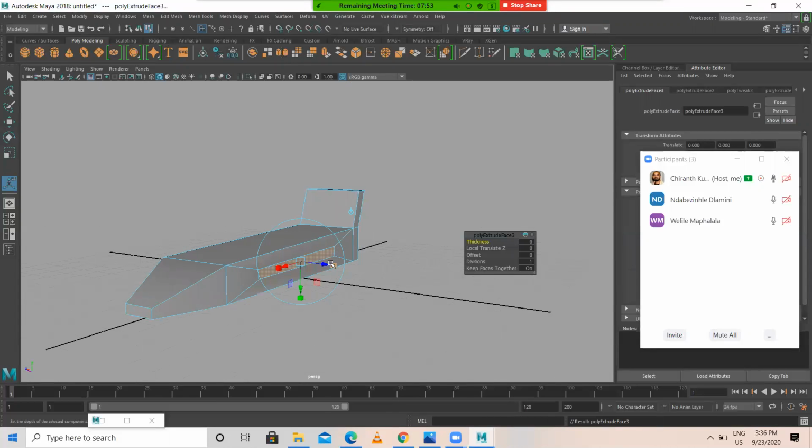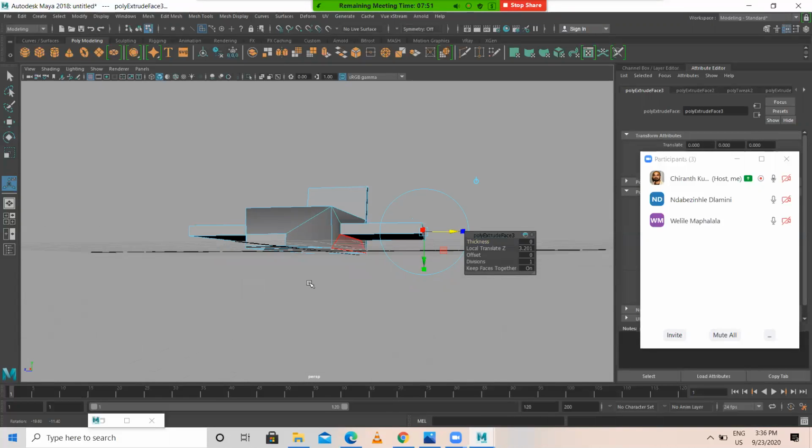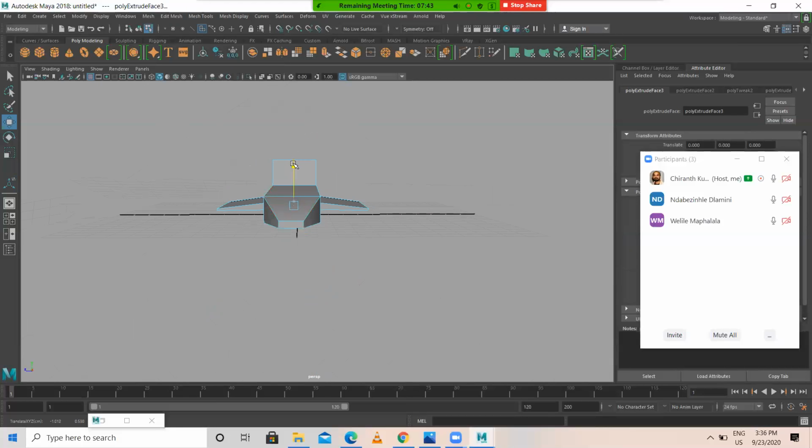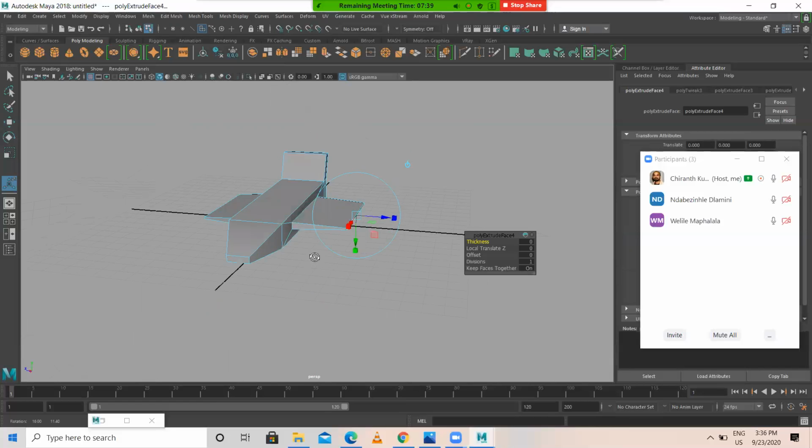After that, G for repeat last tool. I just made it like this. Again, repeat last tool.